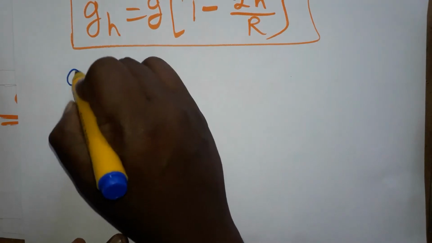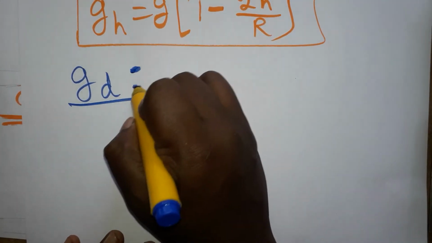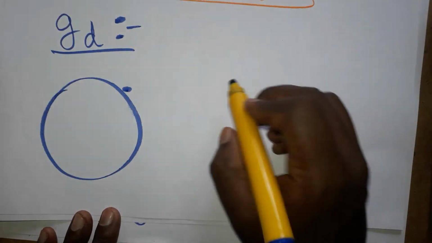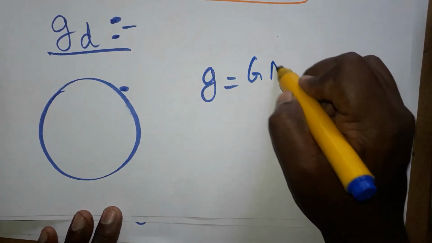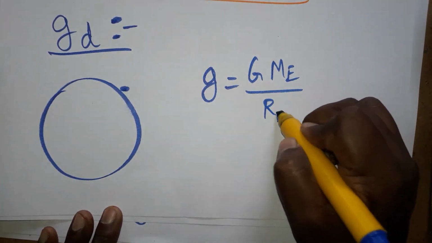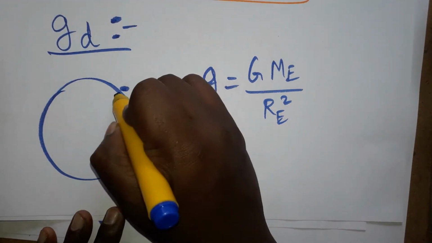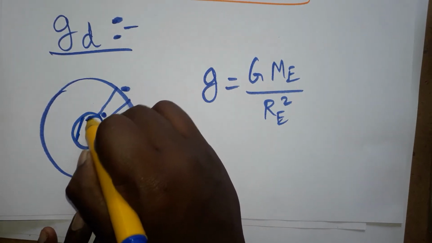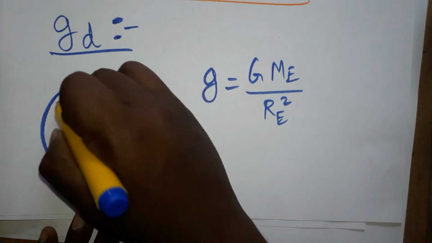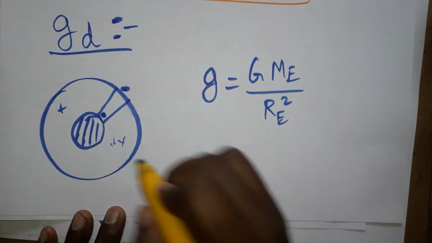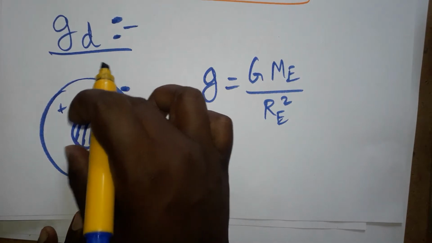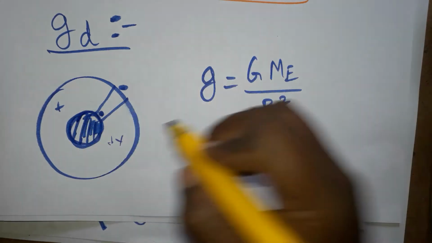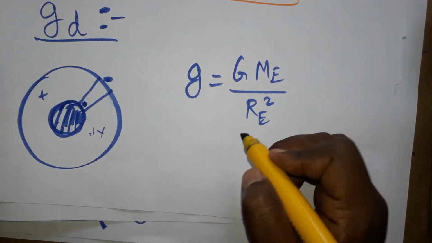So, gravitation at depth. The same concept we have taken. On the surface of the earth, if you consider a human being, it is g equals G times M, the mass of the earth, divided by the radius of the earth squared. Now when we are going under the mine, imagine you are here, only this much mass is getting concentrated. The remaining mass is wasted. On the surface the whole mass is concentrated, but at this point we have to consider only a small portion of the volume of the earth. So the gravitation also gets decreased. That is the value we are going to use.